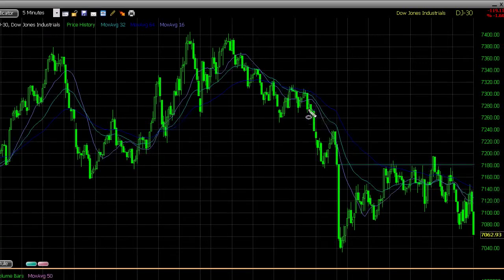When I'm looking to jump in on a new trend, I'm looking at something like back in here, where we had a nice transition from up to down, and we also had a pullback to either the 32 or the 64. In this case, it was the 64 moving average, and we had stacked at least a couple bars, about 3 in here, and then another 2 over here. So we actually reacted to it twice. And this is where this would have triggered a short entry,